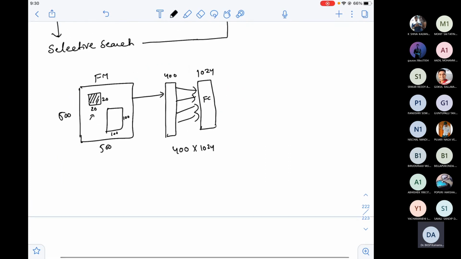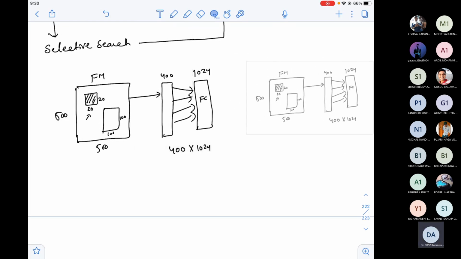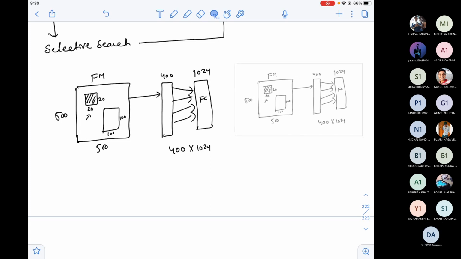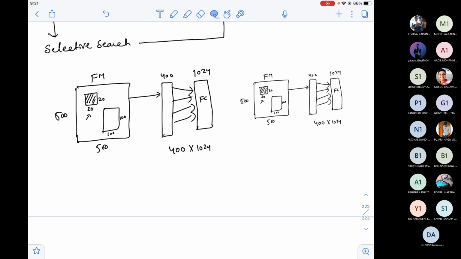Okay, now let me just copy it. If I am not telling any reason for anything, that means nobody knows that reason. For example, if you ask, sir, how did you choose filter size 3 by 3 instead of 5 by 5? Nobody knows the answer.